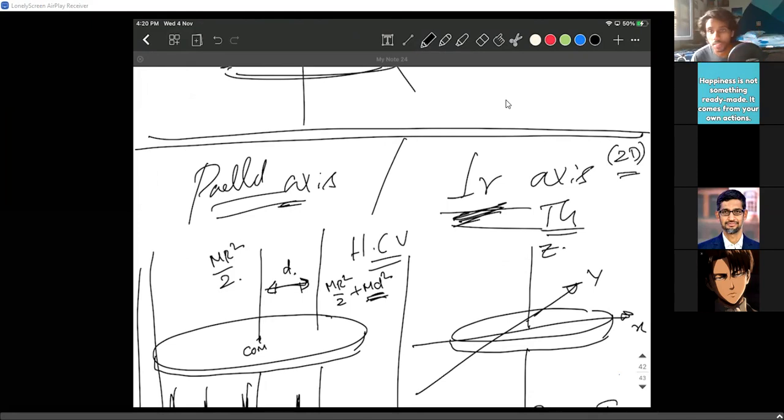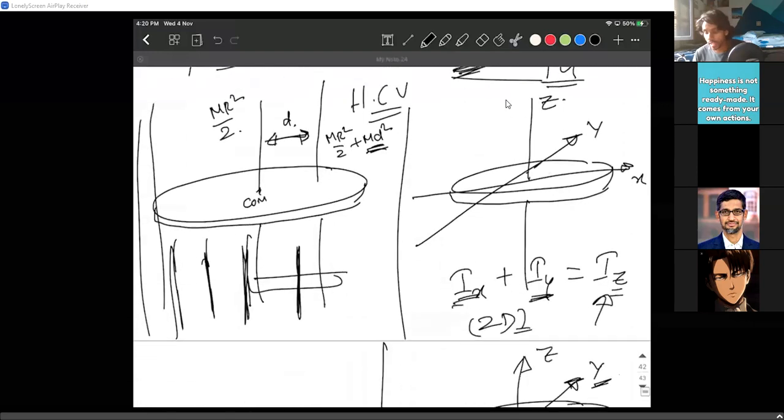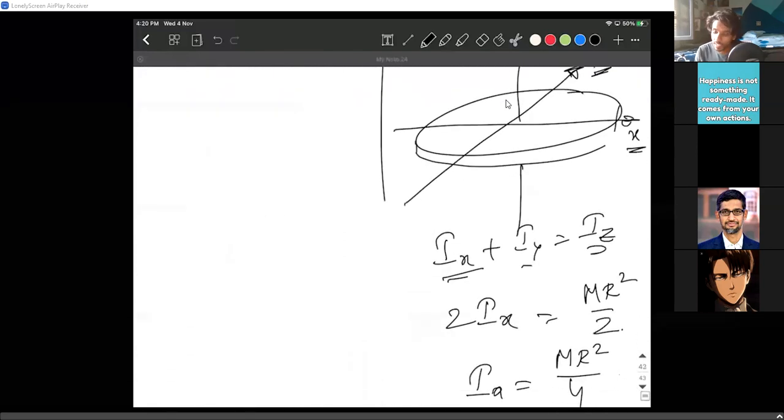So Neeti and Preeti ask, how do we find the values with respect to the x axis, y axis and z axis separately? It is difficult to find only the x axis and y axis. We have an advantage here, saying these two are easy. These two are equal. Otherwise, you can't really find x and y separately. It needs a lot of mathematics again. But we have a theorem saying the sum of these two is this, and we also know that these two are equal. That is why I made it 2Ix. And luckily, in this situation, we have the answer.